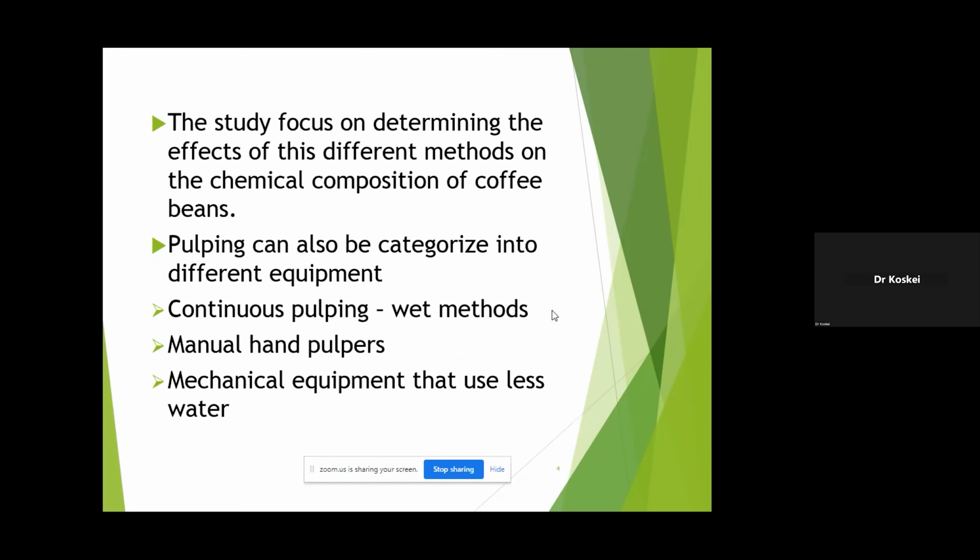The study focused mainly on determining the effects of these different methods on the chemical composition of coffee beans. In coffee processing, there are also different categories of pulping methods, including continuous pulping equipment and manual handlers,